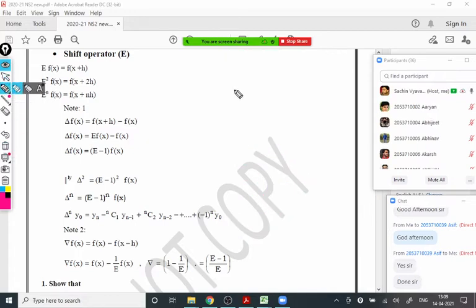So now if you observe what's written on the screen, we already observed the relation between delta and shift operator is this one, delta equal to E minus 1. So this result is many times useful to find higher order differences of the function f(x). For example, suppose I want delta square of f(x). So there are two ways. One way is delta of delta f(x), we can do it. First, one delta will keep outside, and delta f(x) is f(x plus h) minus f(x), and you will do that. So I will show you both ways.